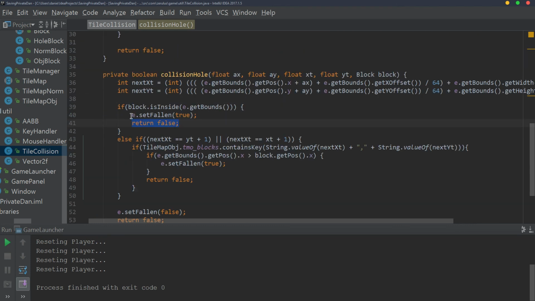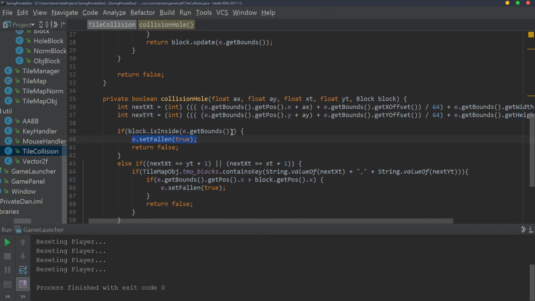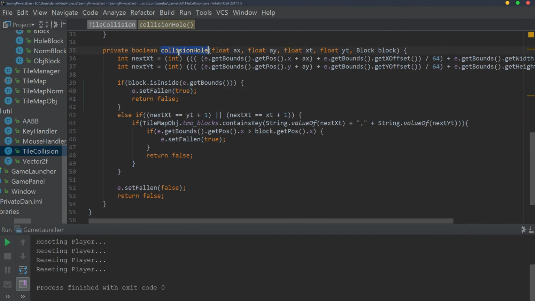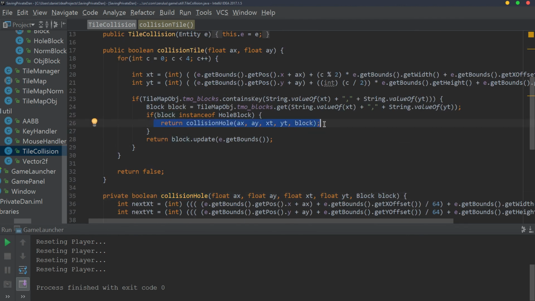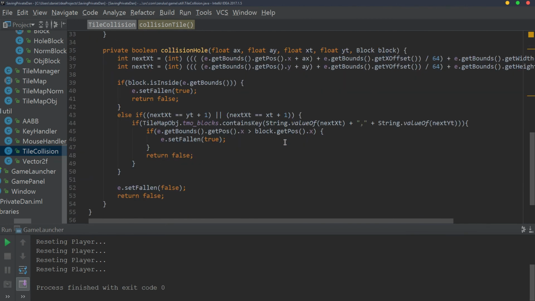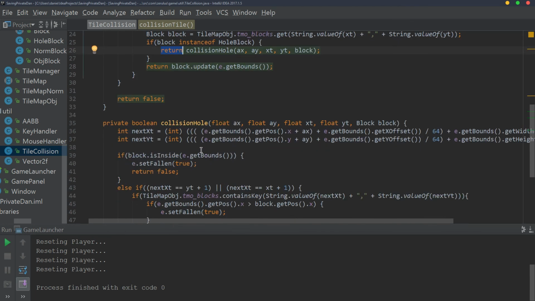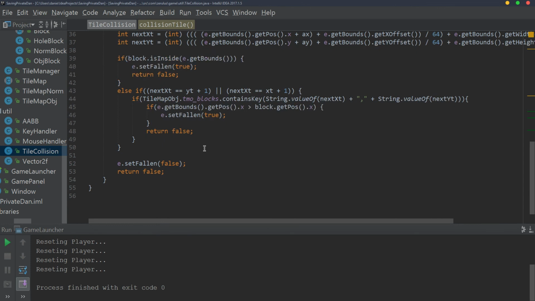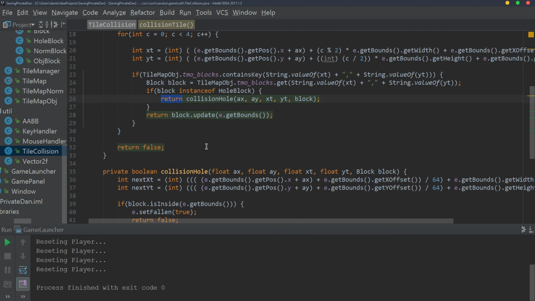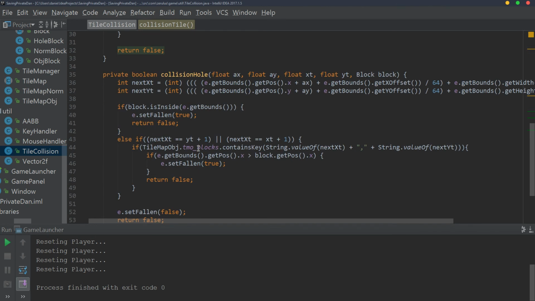And here I return false, but we return true, because we really want to set fallen here and not really the collision hole, because collision hole is here. This is going to be returned here. And if this is true, then it would just automatically get out of this loop and not actually return the actual update, because we really want the block to update before actually returning. So yeah, that's kind of a cheesy way to do it, to get out of that situation. So basically we could just make this void and not have it return anything. Yeah, it's basically what we could do, and I think it will probably work. I say I think because I haven't tested it, so I'm like 90% sure,